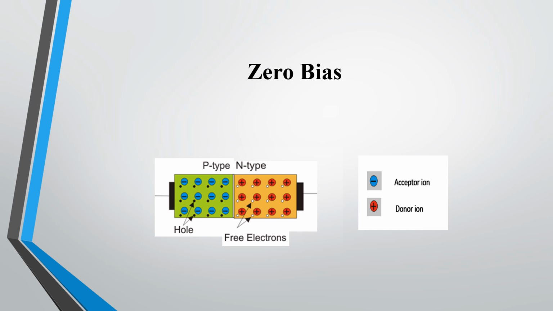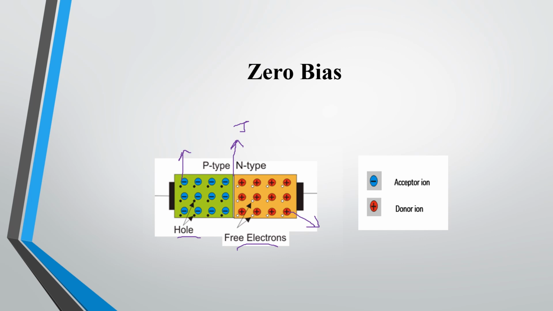Yes. Let's see what happens when no external voltage is applied. That is, under unbiased condition, what happens to a p-n junction diode. When a p-type material is sandwiched with the n-type material, a junction is formed. So this is a junction. Okay, this is the junction formed between p-type and n-type. Here on the left side, p-type consists of holes and acceptor ions. This represents the acceptor ion. On the n side, we have free electrons and the donor ions.